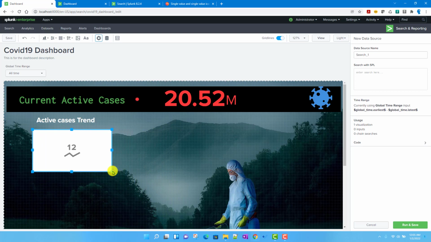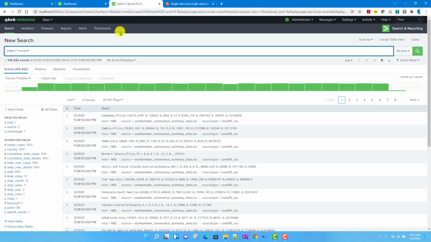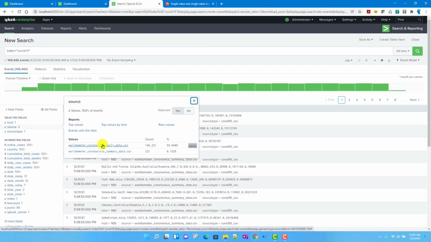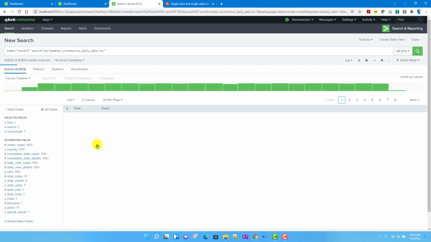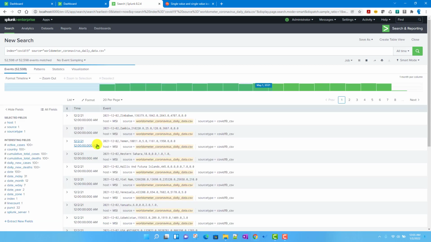Now we need a search to display this data. As we are showing a trend, we will work with the daily data. If you remember, we have ingested two different datasets, the daily data as well as the summary data. For displaying the trend, we will work with the daily data because we are going to use a timechart.